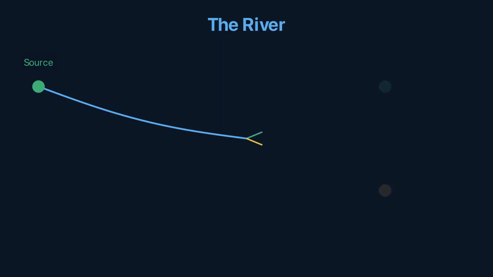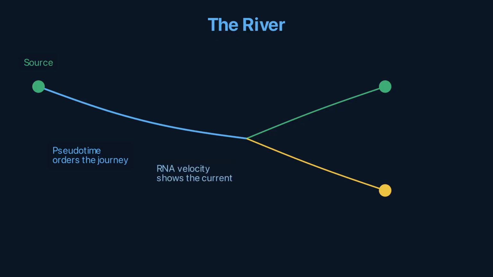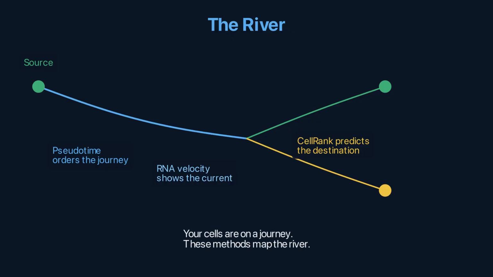RNA velocity measures the current from unspliced and spliced mRNA. scVelo fits the kinetic model. CellRank converts velocity into fate probabilities using Markov absorption. Your cells are on a journey through differentiation, disease, or response to therapy. These methods map the river,